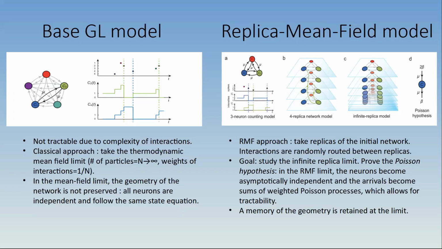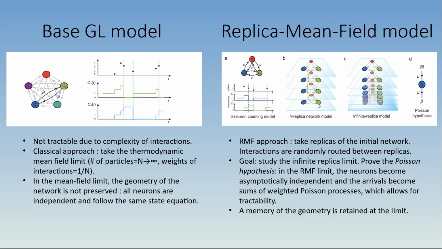So what I mean by that is that interactions happen at random times. So what we do in the replicas approach is that we change the interaction scheme, so to speak. If a neuron would spike and normally interact with its neighbors, instead, for each of its neighbors, it considers one replica at random and interacts with that neighbor in that given replica and not its own. So it kind of mixes interactions in between the replicas.